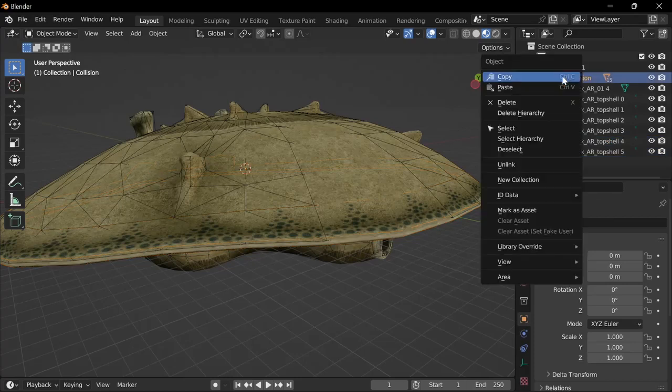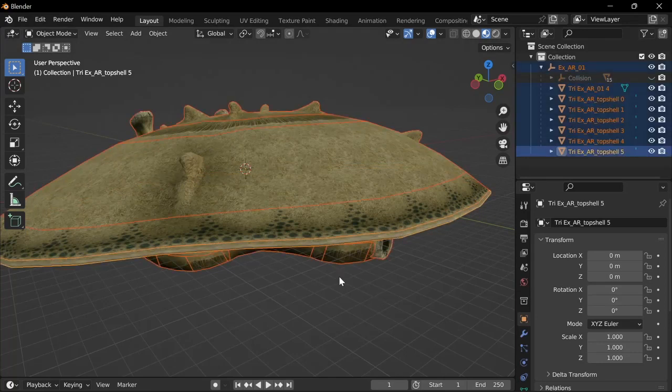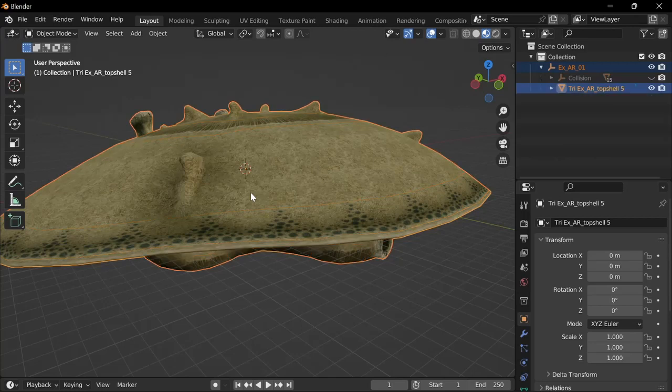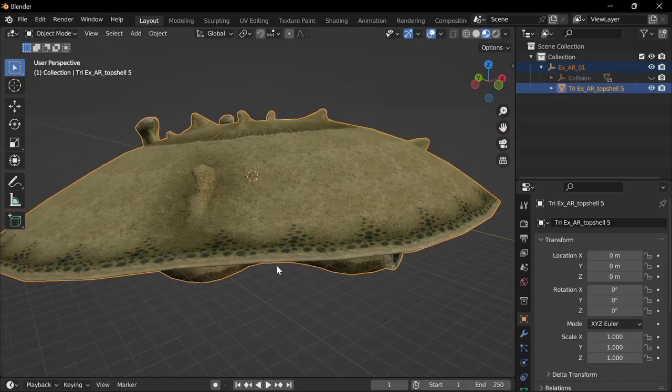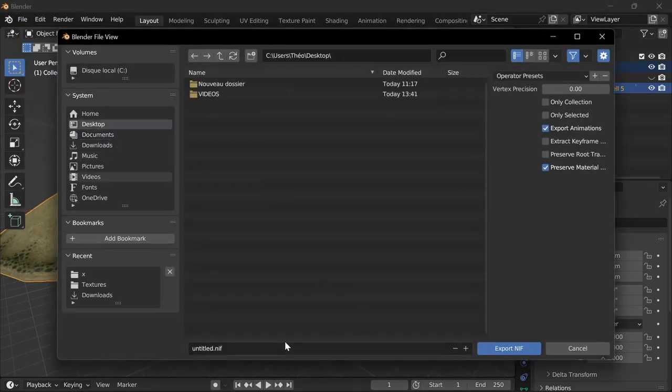I will just hide the collision, select hierarchy H, and I will press A to select everything, and I will hold Ctrl G to merge all the parts. Now every part is in one, and if I want to export that, it will be separated again. I can show you if you want. Let's export Morrowind on the desktop, Scar,